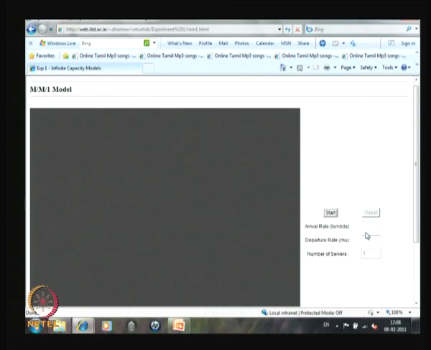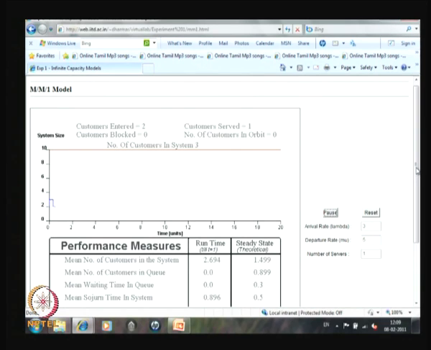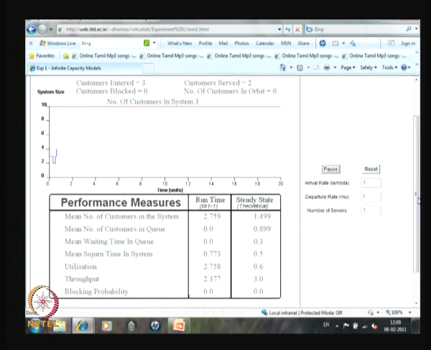So, suppose you supply the arrival rate as 2 and the departure rate as 5, and the number of servers is 1, because it is a MM1Q, so it is already placed. So, you can start. This is the way the system increases. This is the actual simulation, where the x axis is time and the y axis is the number of customers in the system,